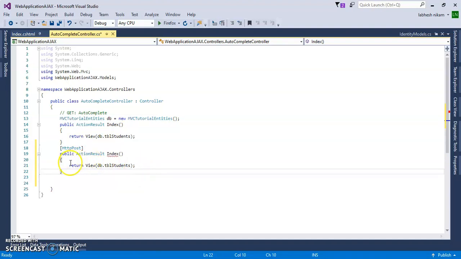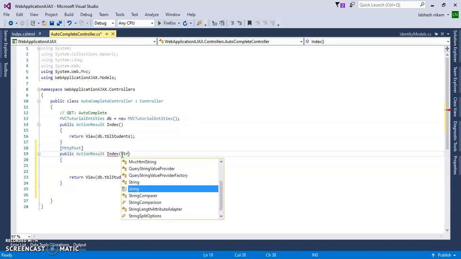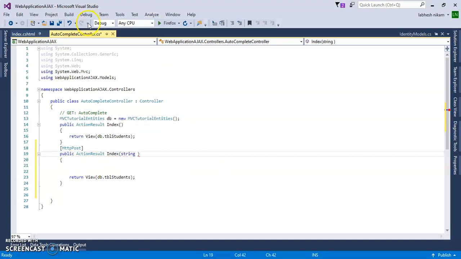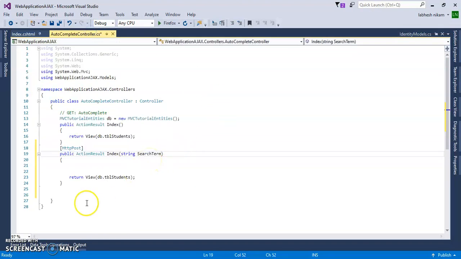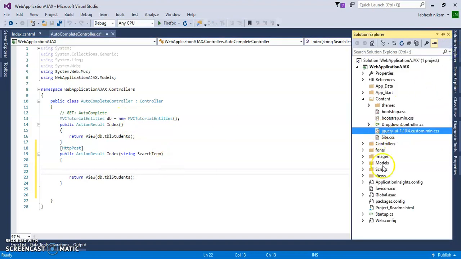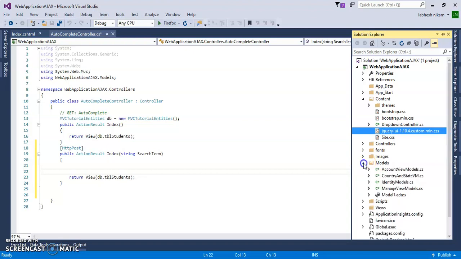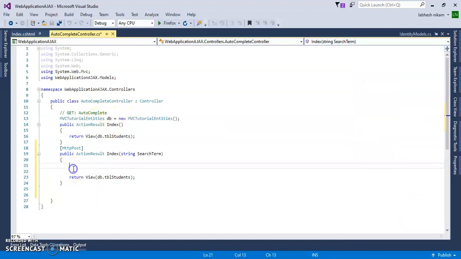Inside of this index method I will pass the parameter string, the typed search, search term. So let's add this db context. I have created this db context from the model, and the context is the MVC tutorial entities class. So I created an object and use that object here.